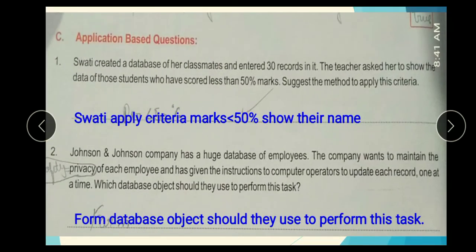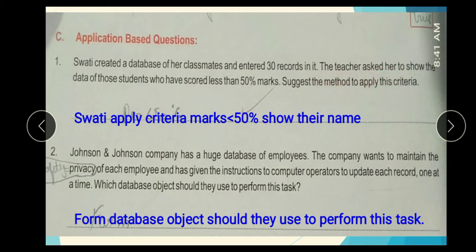Application based questions. Question first. Swati created a database of her classmates and entered 30 records in it. The teacher asked her to show the data of those students who have scored less than 50% marks. Suggest the method to apply this criteria.